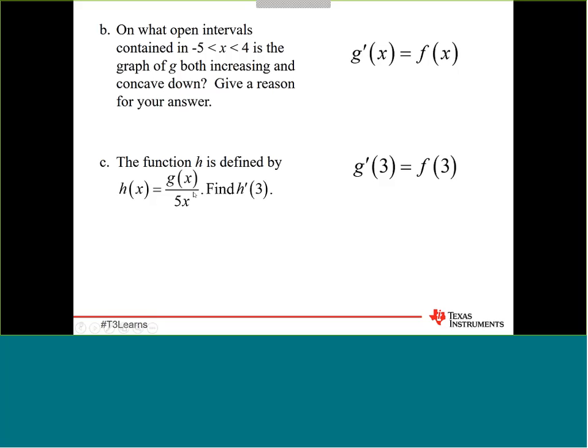On this question, Part C was worth 3 points. 2 points for actually carrying through the quotient rule correctly, and only 1 point tied in to pulling all of those values together and replacing the symbolic pieces like g of 3 and g prime of 3 with numeric values. So that was the third point.